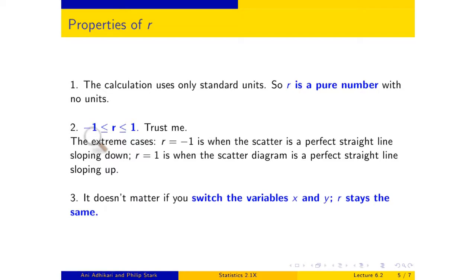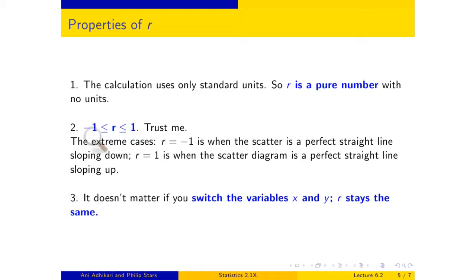What happens when you switch the variables? Why do you care about switching the variables? Well, you want to know, if somebody tells me the correlation between height and weight, then what can I say about the correlation between weight and height? Well, in fact, it's exactly the same. The degree of clustering about the straight line stays exactly the same, regardless of which one you've put on which axis. And just to make that point